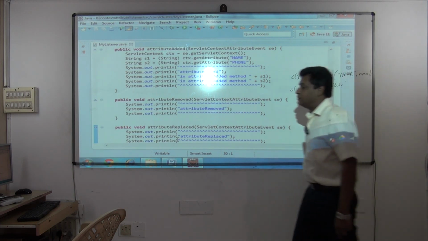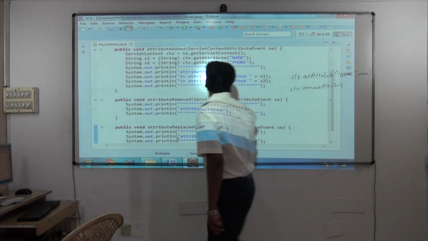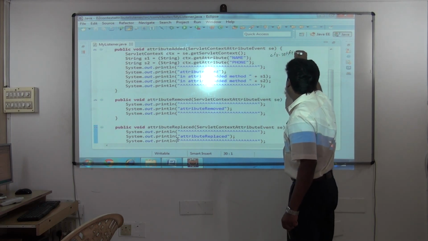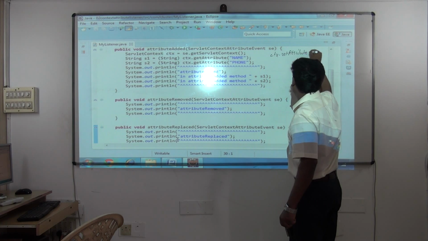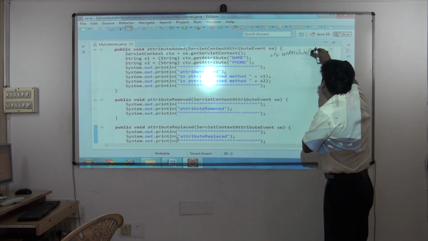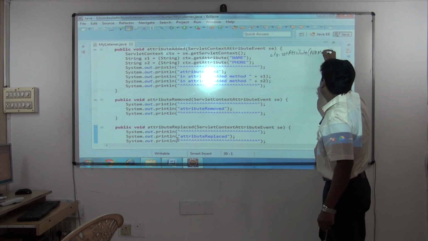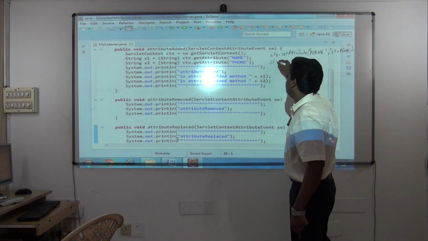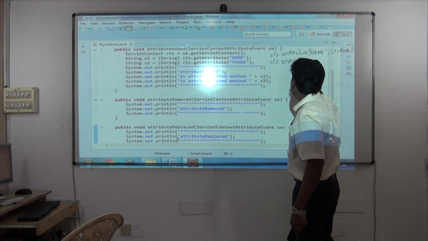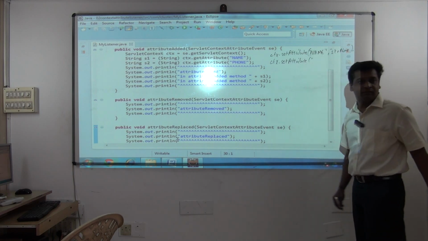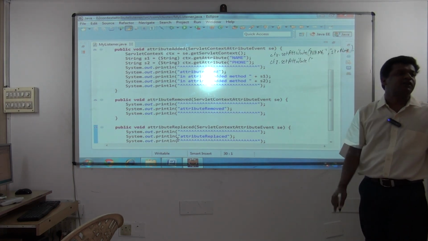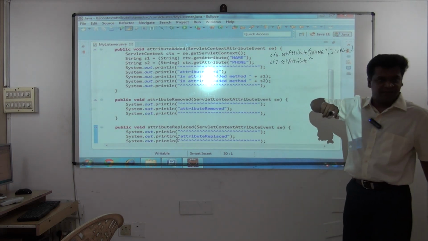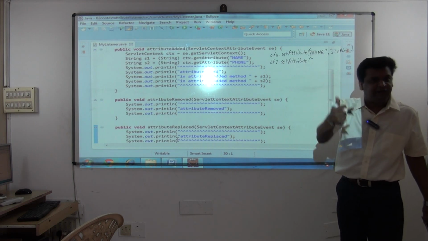Okay, one second. I'll add two events. Context dot setAttribute, name, comma, strname. This is one event. By chance, if you add one more attribute, again what happens? It is one more event. So however many attributes I add, that many events will be considered, and that many times this method will execute. If I add one attribute, it will execute. Another attribute, again it will execute.